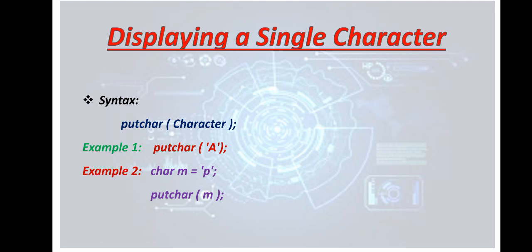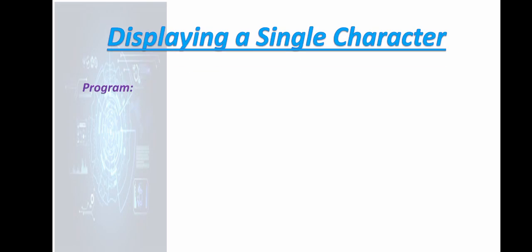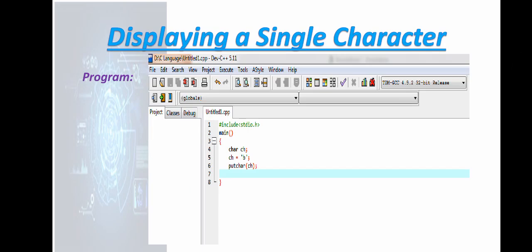And what is the value of m? That is p. So this is the syntax and example of displaying a single character. Coming towards a program, like I told you that in the program, first of all, you have to write a preprocessor directive. And what are preprocessor directives? That are the header files, the library functions that tell the computer that the library functions are existing